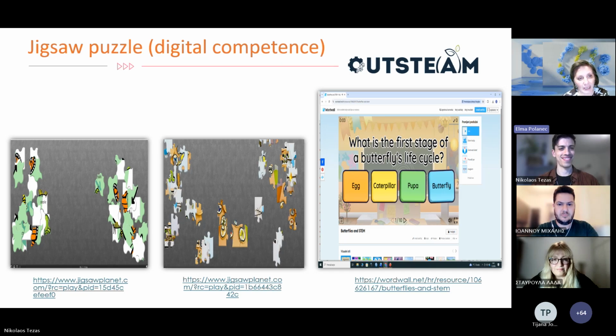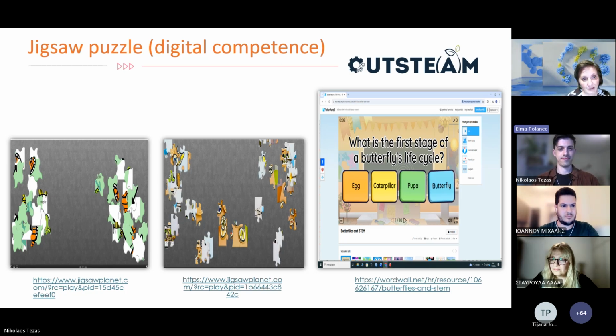Educational research shows digital jigsaw puzzles as a tool for developing digital competence in students, even for preschool children. These examples demonstrate how interactive online puzzles can be integrated into learning activities.